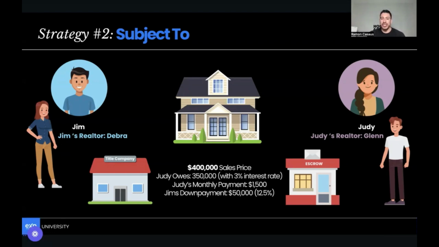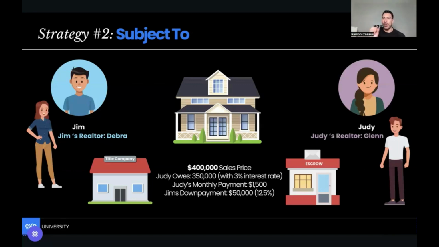As you can see, Judy doesn't have a ton of equity: $50,000 on $400,000. Judy just bought this house about 2 years ago, so she got a really great interest rate. Today, interest rates are about 7% as of this recording. Why this is attractive is that Judy doesn't have a lot of equity and she needs to get out of the property. She's moving states. She lost her job, so money's a little tight. And so the sales price being $400,000, Jim is going to come in